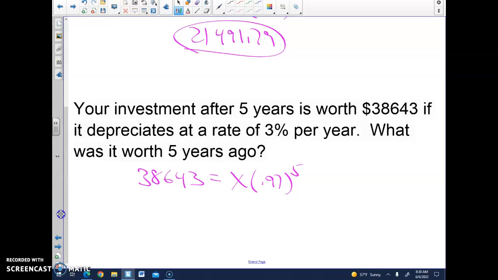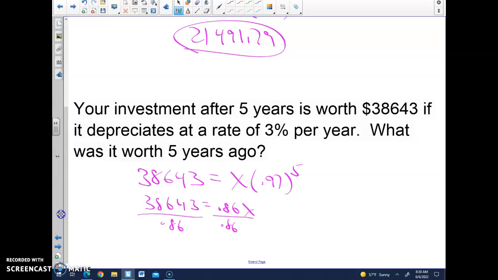Once again, we deal with our exponent first. 0.97 raised to the 5th. 0.97 raised to the 5th is, and I am rounding here, 0.86. Okay? And then when I divide both sides by 0.86, I'm actually going to divide what's in my calculator, but I'm just going to write 86. So we're going to get